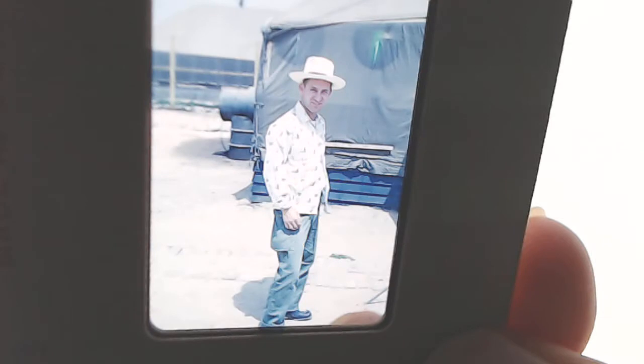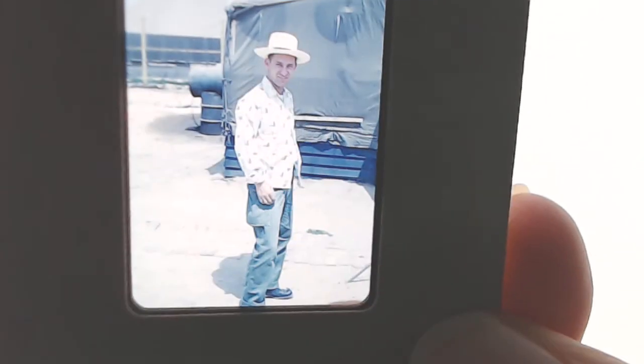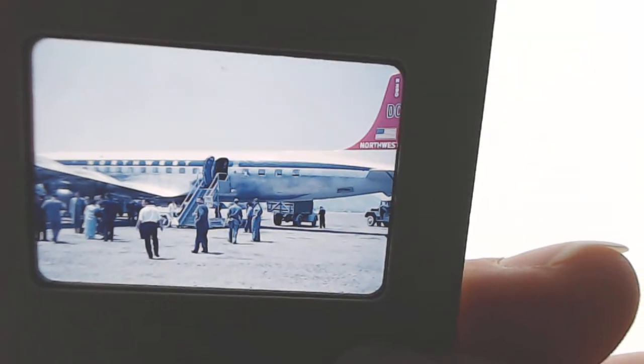And because they are the red frames, we know that they are from 1959 or earlier. That's when they stopped using the red border Kodachromes, and we went on to other mountings. Okay, so this one is one that has the airplane. It's Northwest,